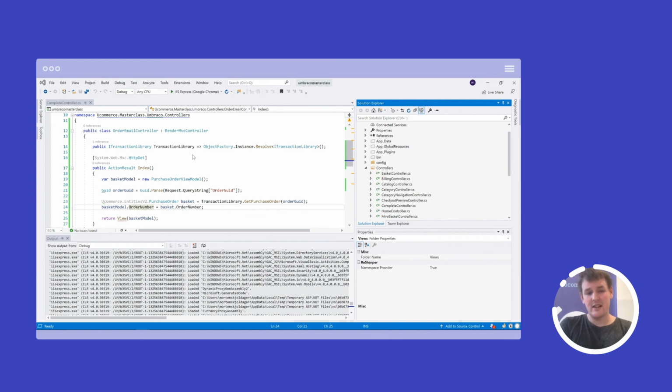Apart from that, we need to do the same thing as we did on the complete page, which is to grab the order GUID from the query string and then load the order based on that. At this point the basket has been converted into an actual order, which means that transaction library get basket would give us a new basket instead of the one we're interested in.